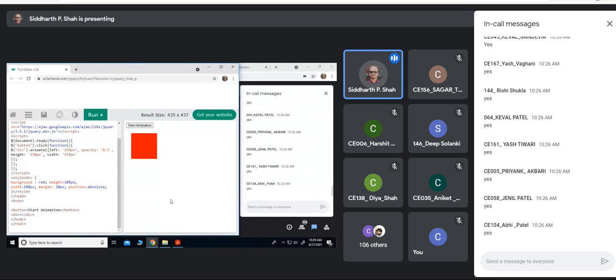Now I am going to animate this block. This is the division actually. And when I click on this, it will animate it. Now, by looking at this code, can you tell me what kind of animation it will do? Because the first argument to the animate method is one object, it is going to change CSS properties. And that is nothing but animation.